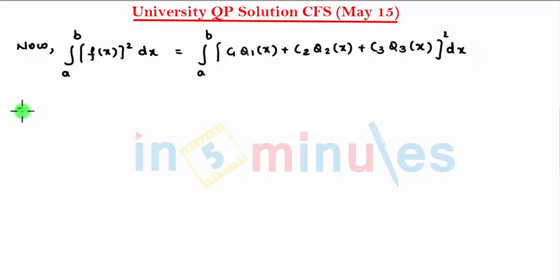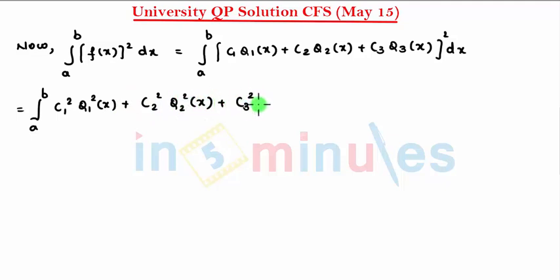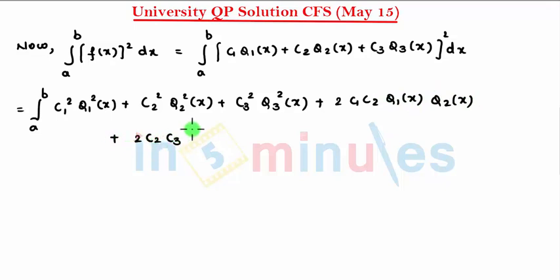So we can write it as the integration from a to b of c1 square q1 square of x plus c2 square q2 square of x plus c3 square q3 square of x plus 2 c1 c2 q1 of x q2 of x plus 2 c2 c3 q2 of x q3 of x plus 2 c1 c3 q1 of x q3 of x,